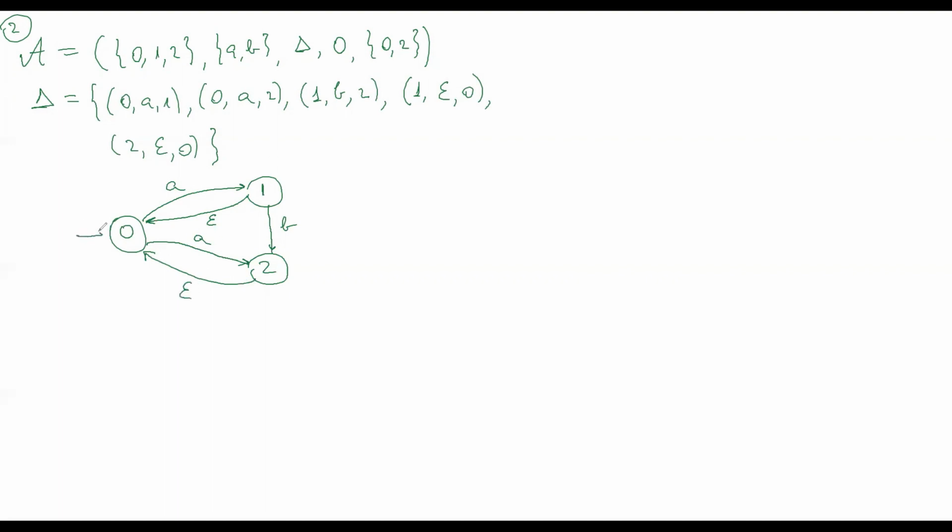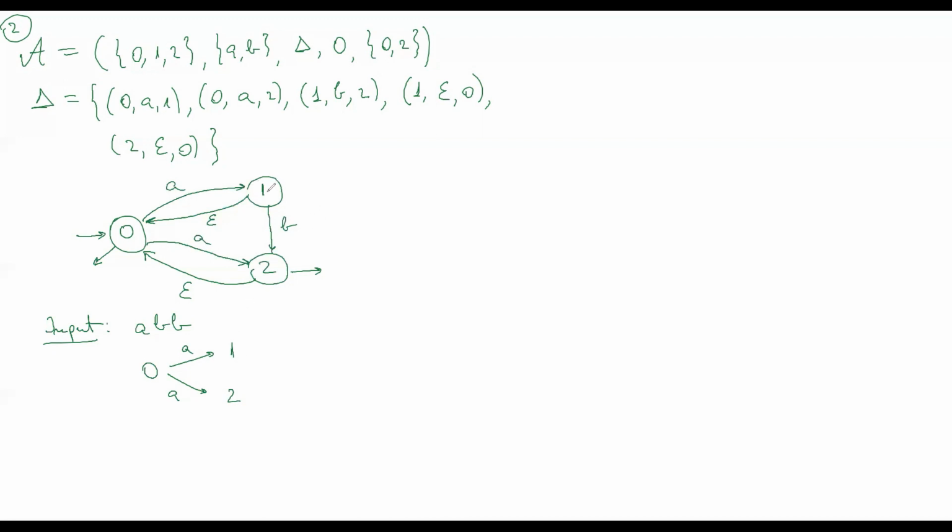And 0 was the initial state, and final states were 0 and 2. And for example, we can calculate on the input word ABB. We start in state 0, and in state 0 we have transitions with A going to either 1 or 2. So with A I can go to 1 and I can go to 2, and in state 1, if I